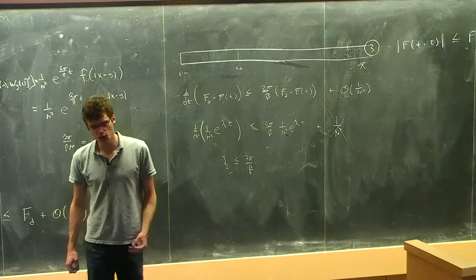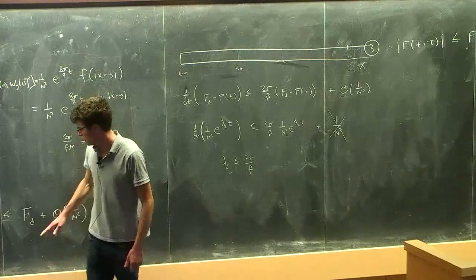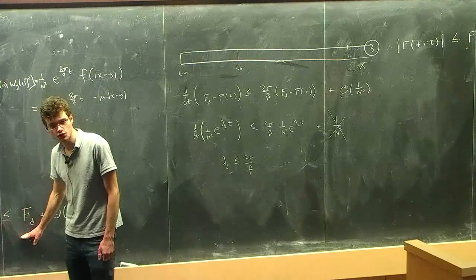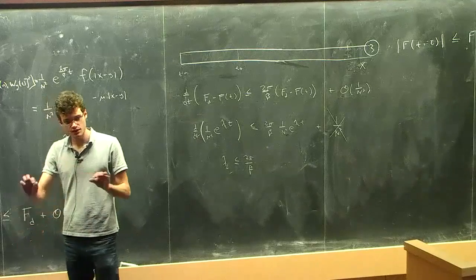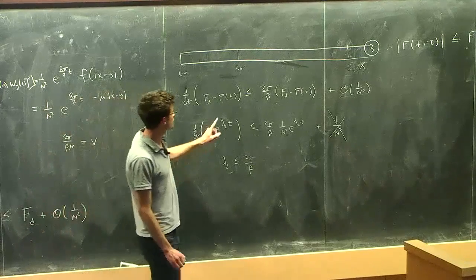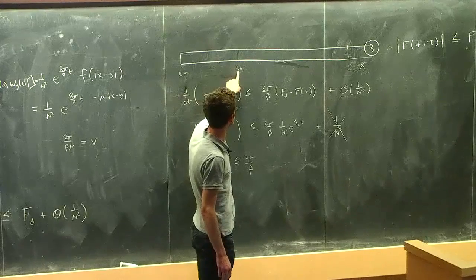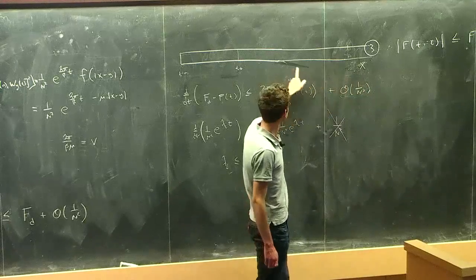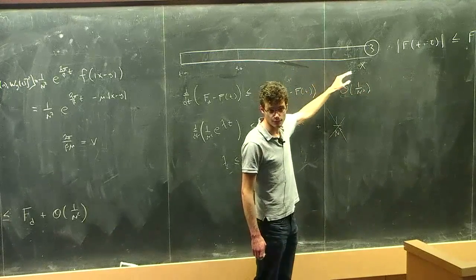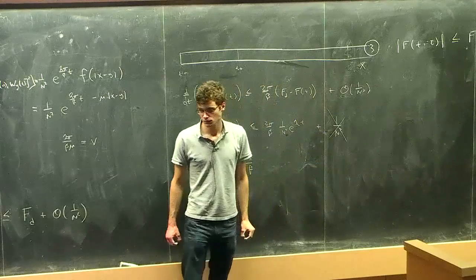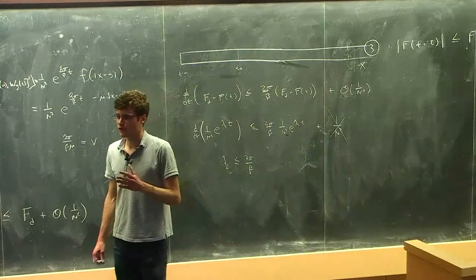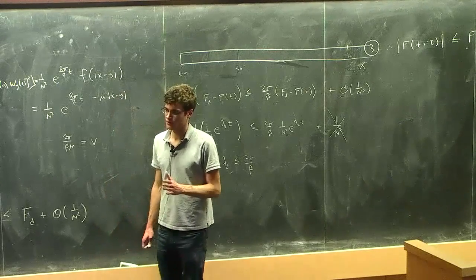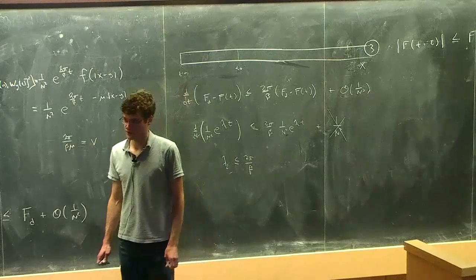What happens in 2 dimensions? In 2 dimensions, this factorization is not true for times near the light cone. So for this, we need the factorization to hold for all times between t0 and this large time x. And in 2 dimensions, there's a failure of factorization at a time of order x. So the bound doesn't hold in 2 dimensions for these systems? The bound doesn't hold in 2 dimensions for systems without large n. Or at least I don't know how to prove a bound for 2-dimensional systems without large n.